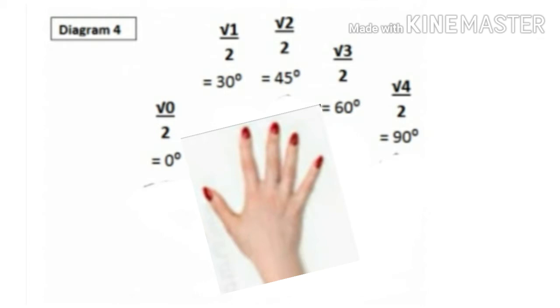For the first angle, 0 degree, you have to take the square root of 0 divided by 2. That is root 0 by 2. Second is 1, that is the index finger you have taken as 1. So for sine 30 degree, you have to take the root of 1 and divide by 2. So root 1 equals 1, giving 1 by 2.